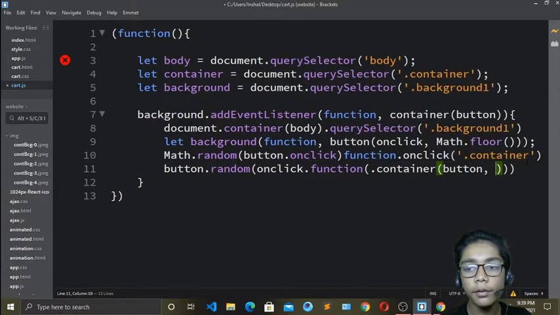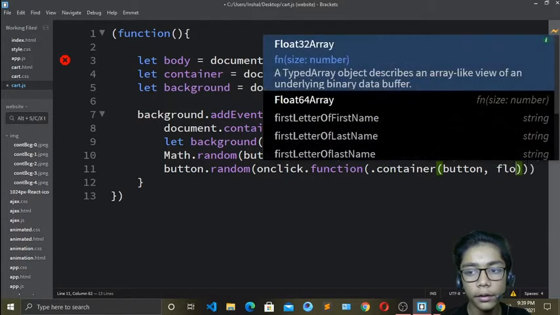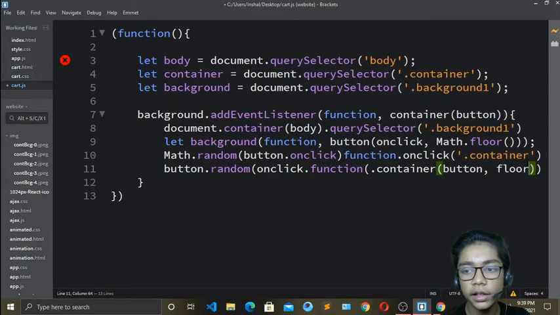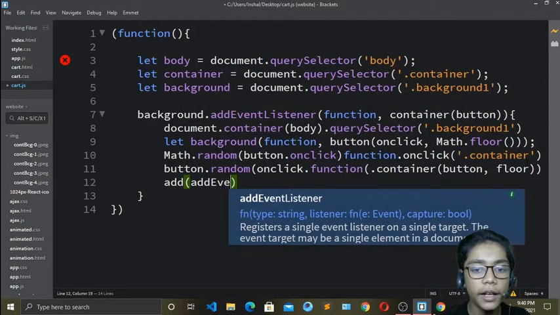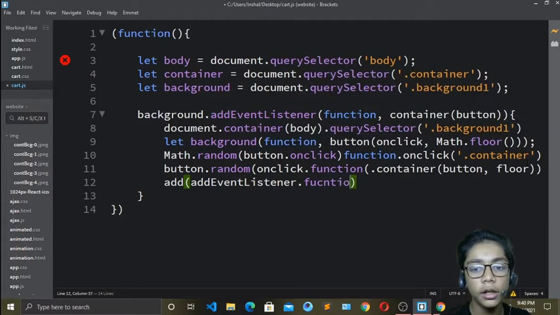and with that I will define my floor. Okay, so I will add floor. Okay, so just erase that, and now when you have done that, it is enough. Come over here, and here you have to write another tag which is called add email listener. So I will write add only. Okay, so only write add, because I will write my add email listener over here. So I will write add email listener dot function.